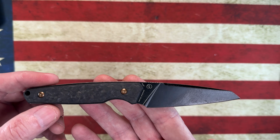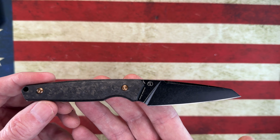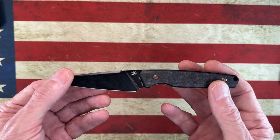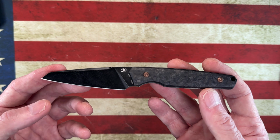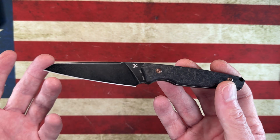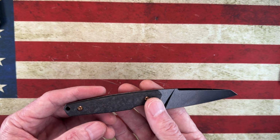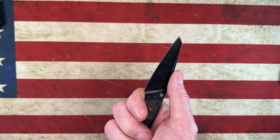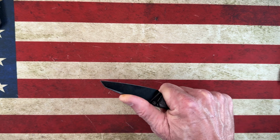So when I saw the Kansept version come out, I was very excited. I reached out to my contact at Kansept to see if there was any way I could get a copy, if there was one available, to see how it compared. And I'm glad I did because I definitely see the value in this knife without a doubt, because the design itself was always very